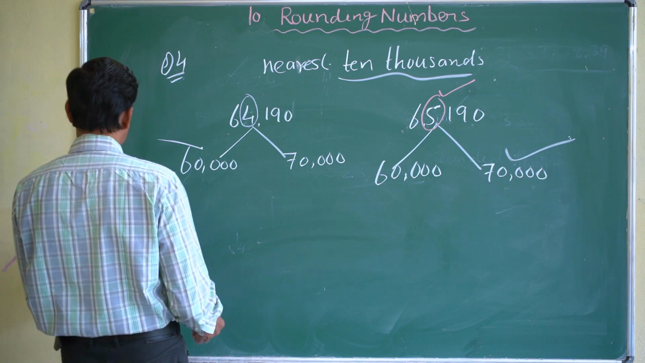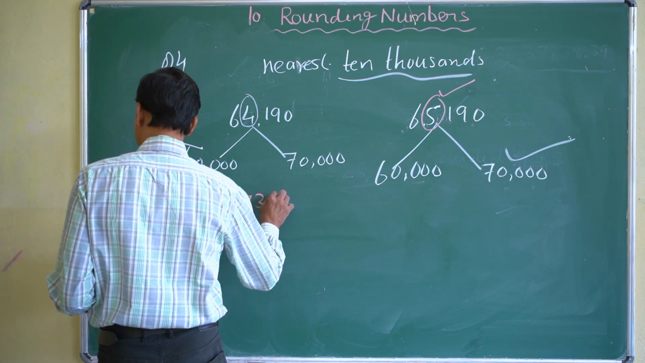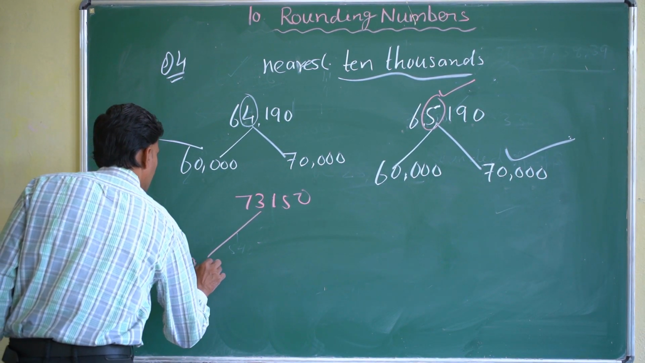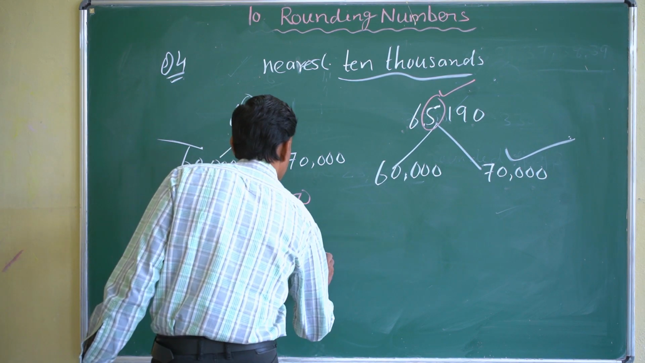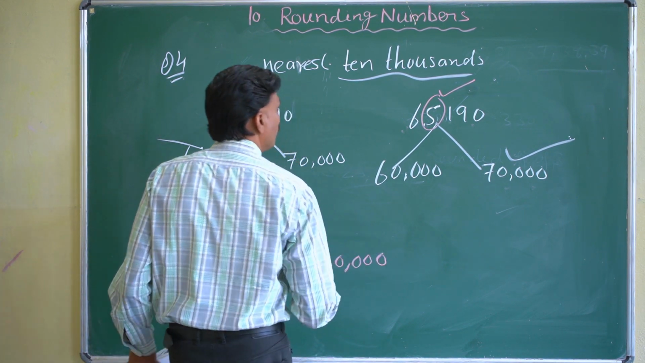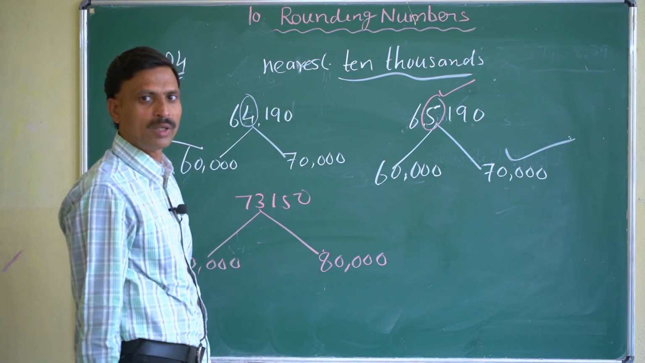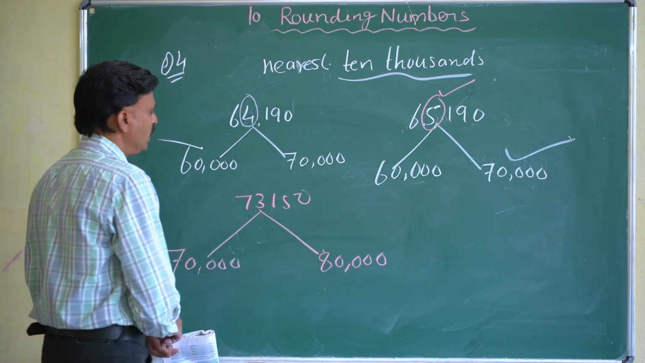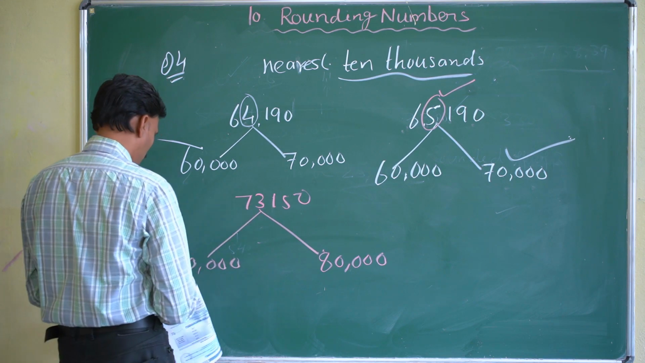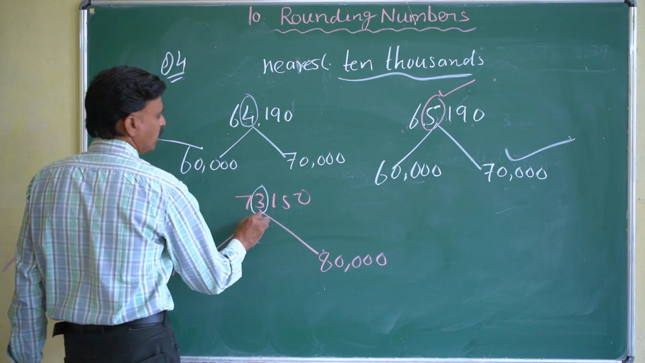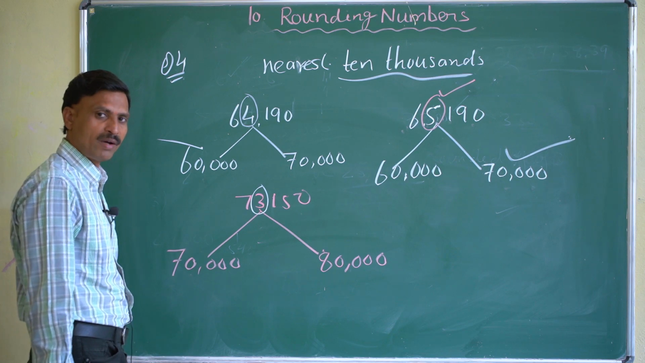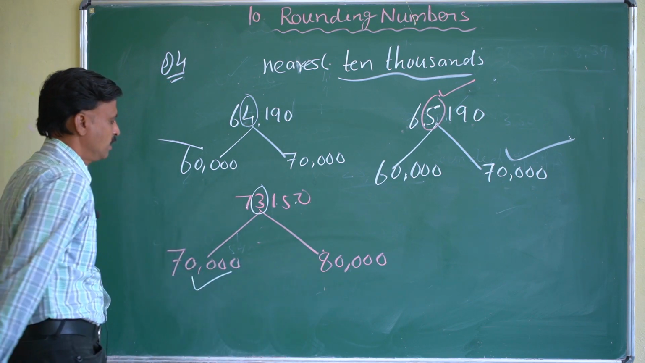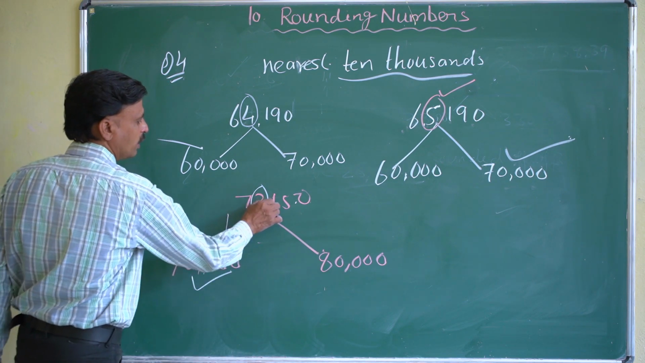Second, if the number is 73,150, you have to tell whether it will be nearest to 70,000 or 80,000. Why? Because we are converting to the nearest 10,000, so we will not take 74 or 75. We have to take 70 or 80. What is the 1000 place digit? It is 3, which is less than 5. That's why this value will remain the same and the others become 0. So it is nearest to 70,000